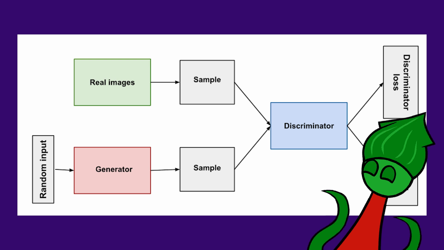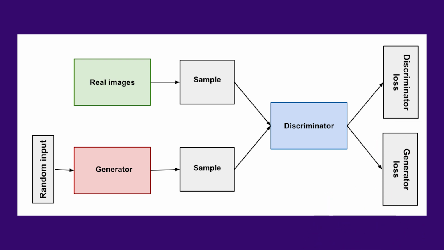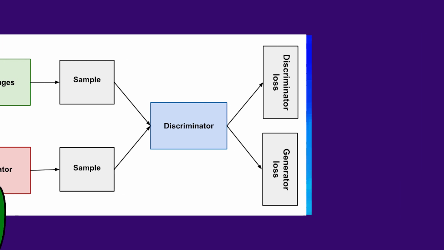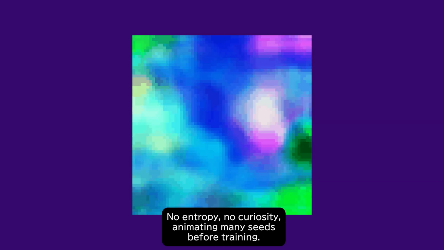But here we can see, okay, this is one I made with hyperparameters which don't reward the generator for entropy or curiosity. The discriminator wants to maximize accuracy and minimize complexity, but the generator doesn't care about making random decisions, and it's not interested in surprising the discriminator. And so we can see we're starting here. This is before any kind of training has started. This is just the values we get from a lot of different seeds. And then if we go from the beginning of training to the end of training, using the same seed,